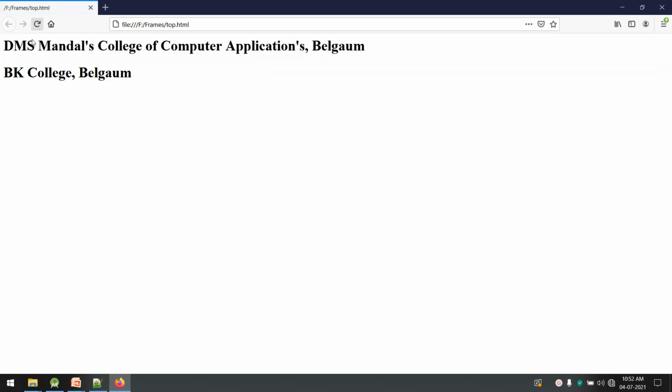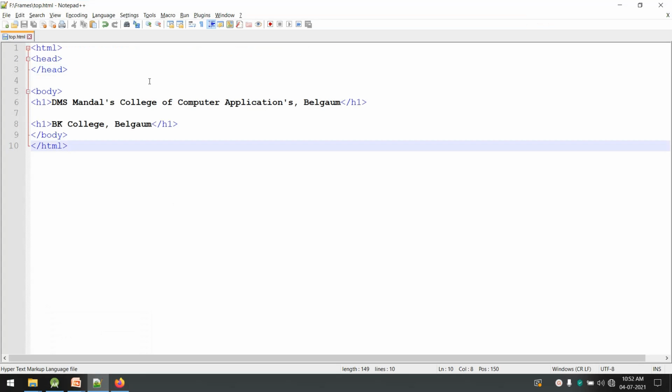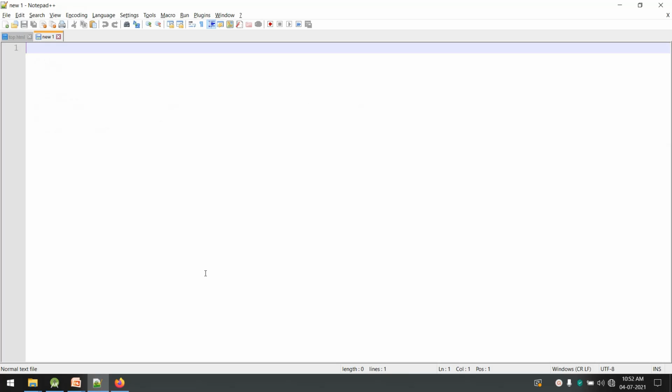Okay, same. Now I'll go back and create a new file, because an external style sheet is a separate file. In the new file, there is no need to use a style tag, because this is not an HTML file, this is a CSS file. So we can directly specify rules in the format: selector, curly bracket, property values. The selector is h1, I want to apply it to h1.